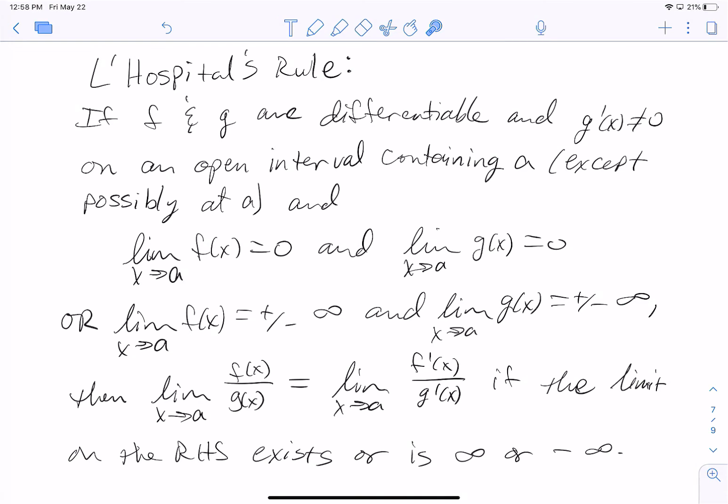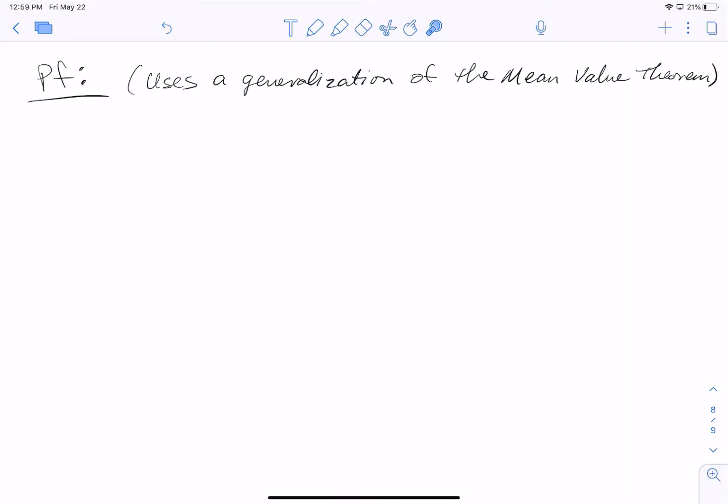Now, if you've watched the other videos in this section, you'll notice that in some cases we were looking at limits as x approached infinity. We'll look at that at the end of this, but for now we'll start looking at this proof. This proof uses a generalization of the mean value theorem, and so let's remind ourselves what the mean value theorem